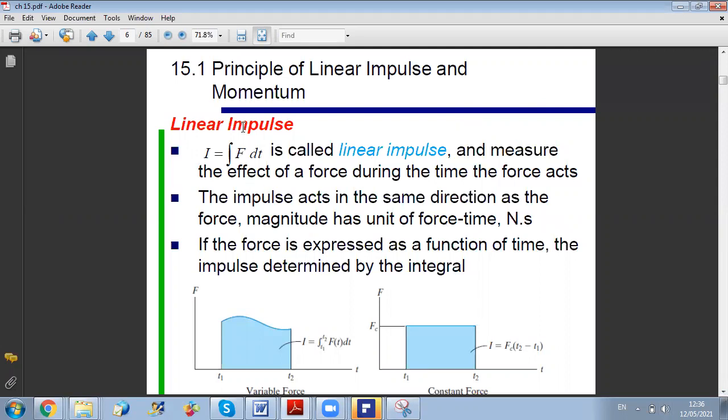Now, from the definition of impulse, we can find it either by calculation or graphically. If we represent the variation of the force F with respect to time, impulse represents the integral of f dt, so mathematically it is equal to the area under the graph. Okay? And of course, in case f is constant for a certain problem, then you can take it outside of the integration, and your impulse will be equal to f times delta t, which corresponds to the area of a rectangle in the graph of f as a function of t. Okay?